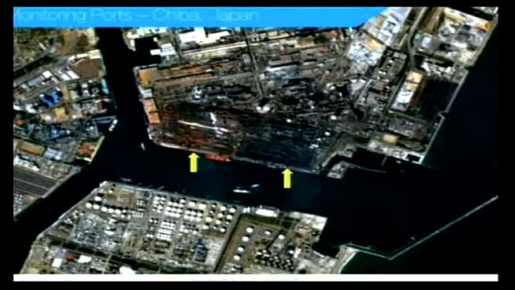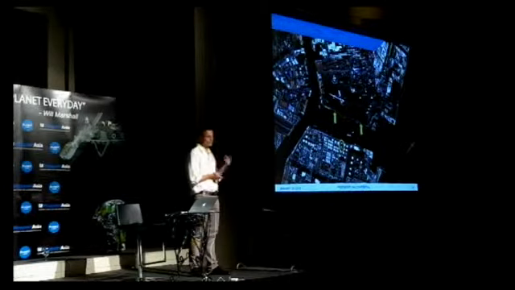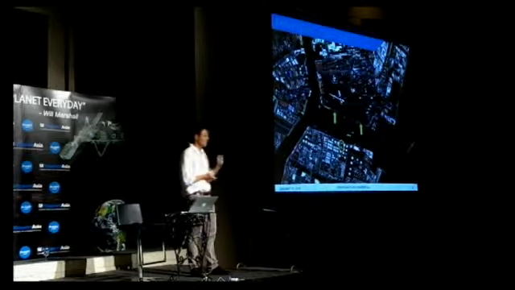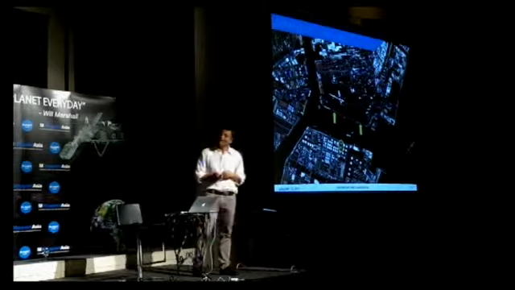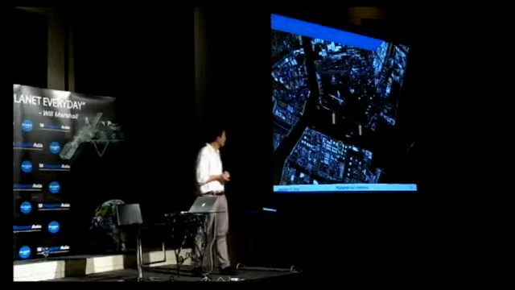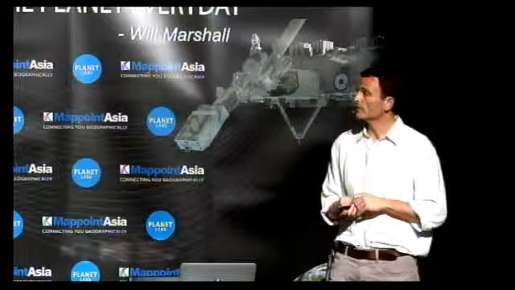If we look at a couple of interesting spots in this image, again, this is an image that is 3-meter resolution. Oftentimes when I tell people that we are collecting at 3 meters, they think, oh, that's a low spatial resolution, I can't see a lot of details. But just being able to identify, it doesn't show up terribly well on the screen, but those two arrows on the left-hand side, we can see iron ore that's piled and ready to be loaded onto ships. On the right-hand side of the arrow, we can see coal that's ready to be loaded on a ship. Of course, this is, again, more than just a picture. This is geospatial information, so I can estimate the amount by measuring the size of the piles. And with someone who understands